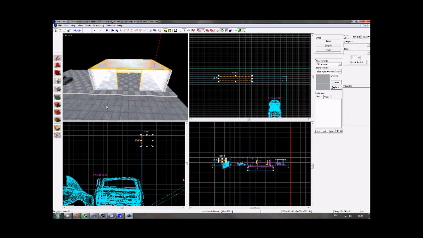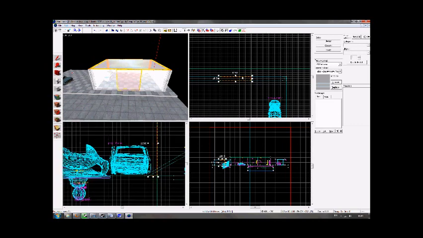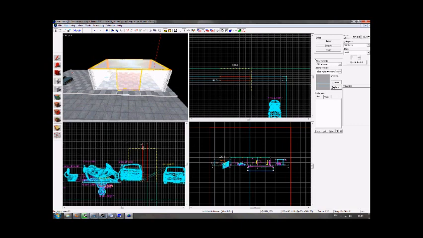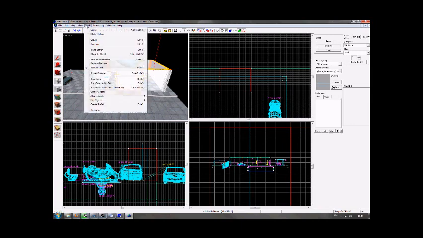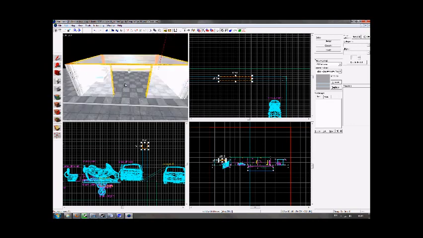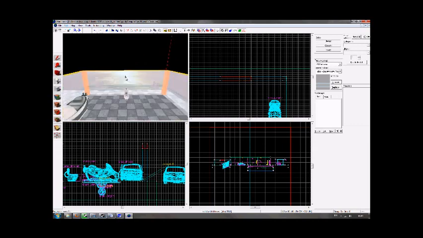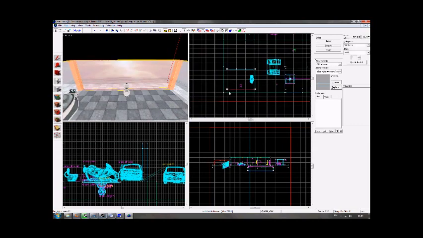The other way is you can just make these brushes. That's also fine. You can also carve, and I'm going to show you now what carve does. So I want to carve a door through here. You go up to tools and you hit carve, and as you see, it's created a hole through here. The problem is that when you do a carve, and you've done it on a block like this one, which I'll do now,